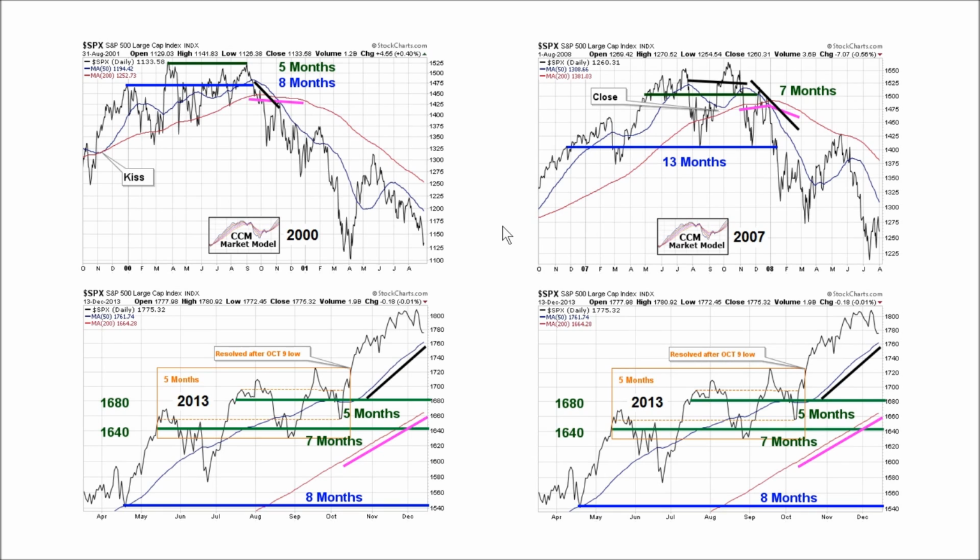The concepts are very, very easy to understand. We'll look at things in isolation. Easy to follow. This is the year 2000 zoomed in, the 50-day in blue, the 200-day in red, and now we're zooming into the peak in October of 2007. You can see here the stock market consolidated and went sideways for 8 months prior to bad things happening.